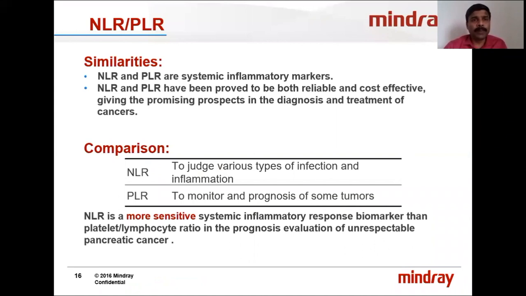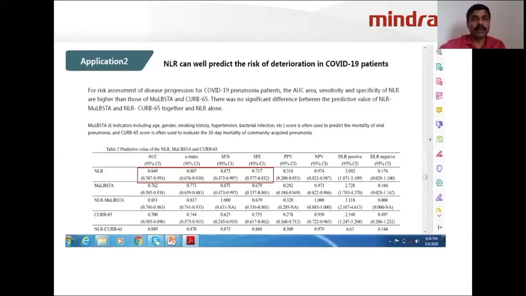So coming to one new parameter which has been discussed very frequently nowadays, that is the neutrophil lymphocyte ratio. It's a simple calculated parameter which is readily available in all the Mindray analyzers. This parameter has been discussed during this COVID time because of its significance and its association with some other parameter which can be used for the prognosis of COVID patients. So this can be used as a prognostic marker to identify the risk associated with COVID-19 infections.